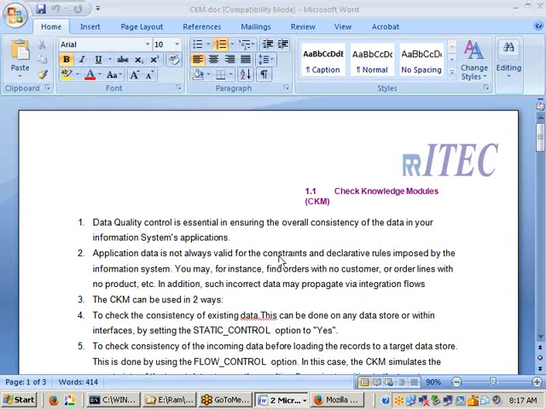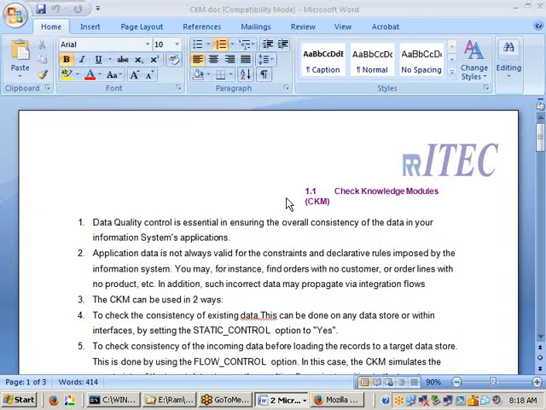Today we need to understand the CKM. CKM stands for Check Knowledge Modules. Did you remember or not? Exclusively in ODI 11G, if you take the first interface itself, we are making flow control equal to false. The flow control is something to do with what? CKM. And static control is also available below that one. That also has something to do with what? CKM. And we have recycle also available. That property also has something to do with what? CKM.